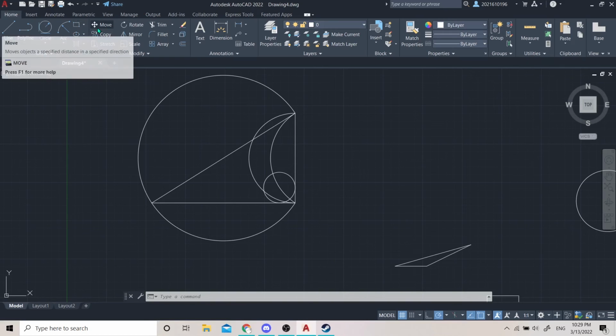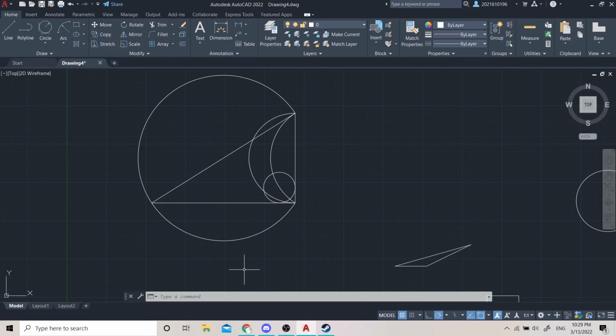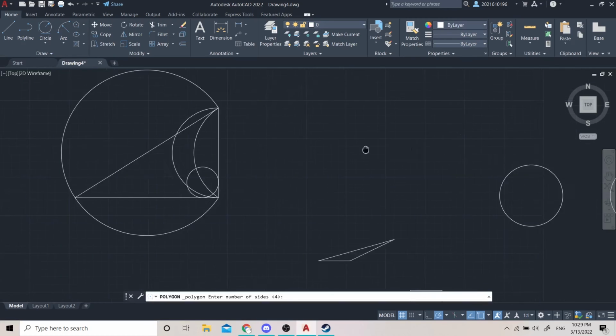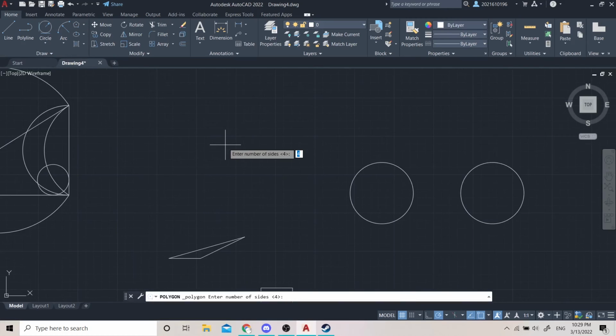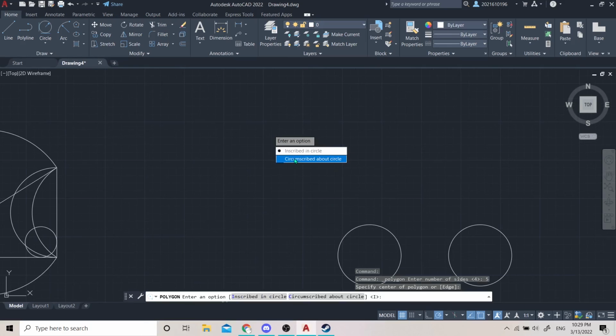Okay, next is polygon. So where is polygon? Kalau tak nampak boleh type macam biasa. Tapi actually polygon ada sekali dekat rectangle. Nampak tak bawah ni, polygon. So for polygon korang kena mula-mula korang kena enter number of sides lah. Kan kita belajar kan, ada apa, pentagon, hexagon, heptagon. So macam aku ambil pentagon lah, I take pentagon. Pentagon is 5 sides right? So put 5, and then just click anywhere,